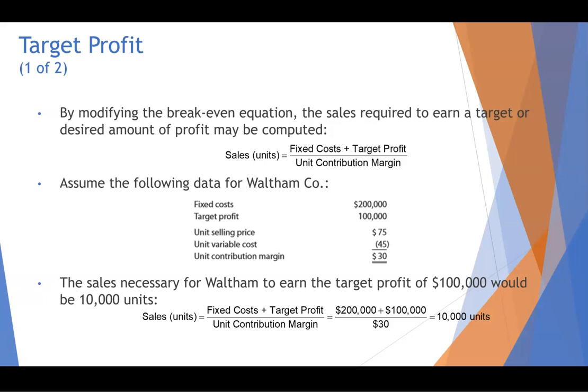So for Waltham, we have our fixed cost of 200,000 and our target profit of 100,000. The unit selling price minus the variable cost gives us a contribution margin of $30. So if we take our fixed cost plus our profit of 300,000 and divide that by our contribution margin, we need to sell 10,000 units